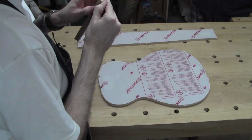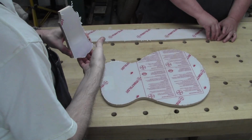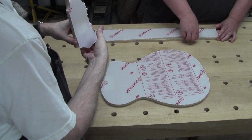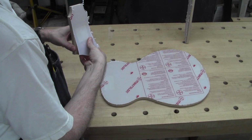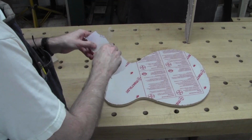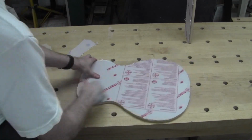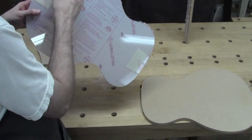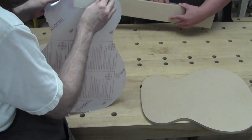So now we're ready to pull them off of here. The trick is just to hold pressure there and it'll gradually release. You'll feel it and you'll hear it. For that one you might come in on the center and just give it. You hear it coming off. You can pull a little harder than that. There you go, I hear it. That's it, feel it, and it pops right up. You can peel the double stick tape off of the surface and we'll get some alcohol and clean up the top surface so it's not so sticky. So now we have some clear templates that we can use to pick out our woods,